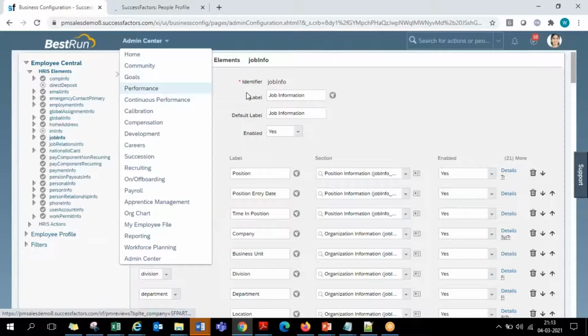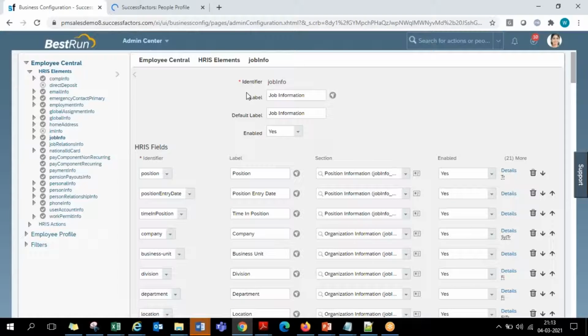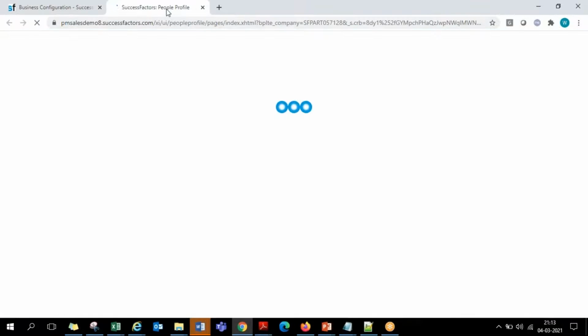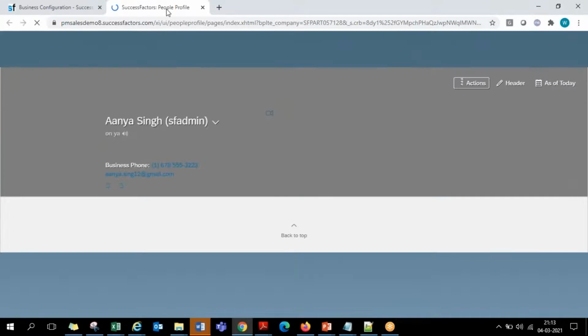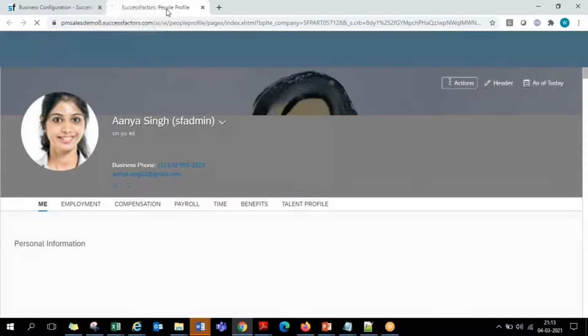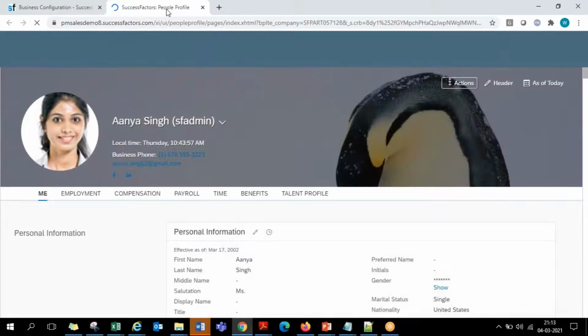So here they are given under one single portlet. Tomorrow, if you are required to make any changes on any of those things, you make the changes here in one single portlet. End of the day, at the front end UI representation level, they are spread across. So that's why the job information portlet is the largest portlet we consider, which will have up to 50 to 70 fields per customer.